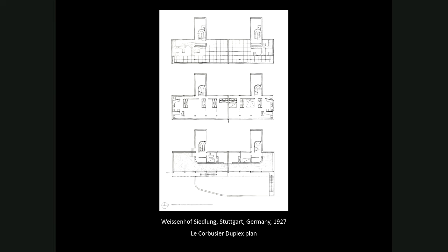And then you have a staircase that leads up to the premier étage, which is, as you can see, a very flexible, almost open floor plan. And this was actually taken to an extreme in this particular case with this duplex, which I'll explain in a moment. But you can see the dots. These are the columns that carry through, and that makes it pretty obvious then that the facade floats completely independent